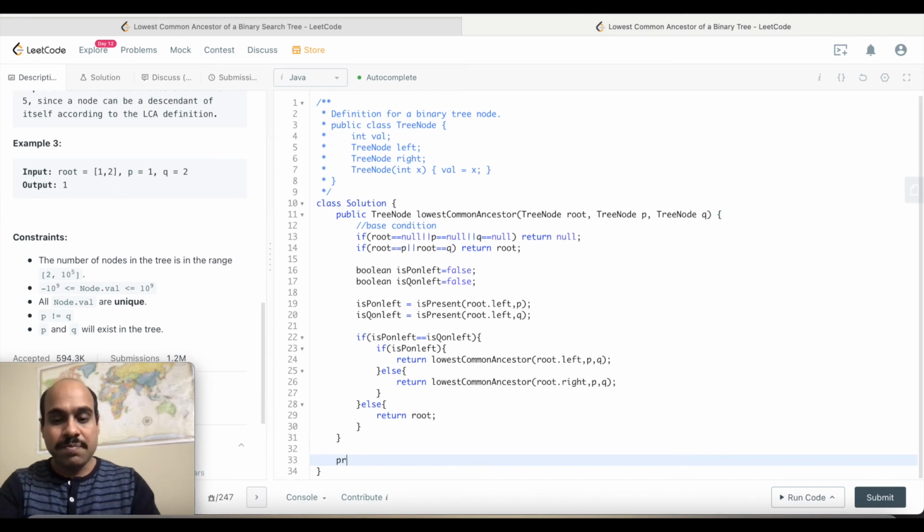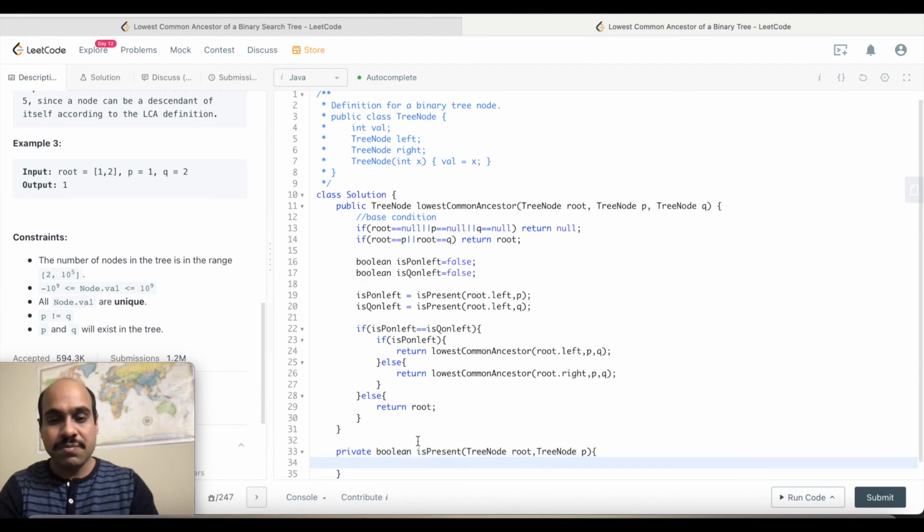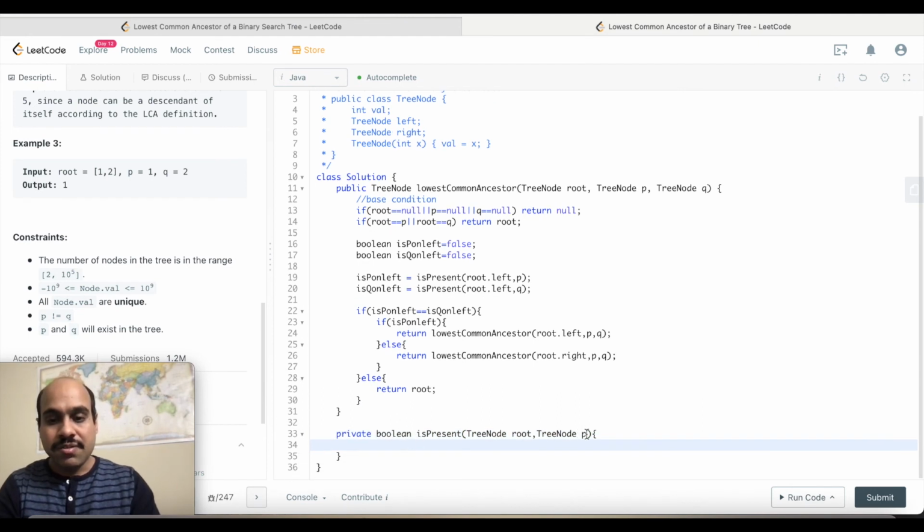So I will write private boolean isPresent, taking TreeNode root. You can name it current node or anything you want, so I will stick with root. And again I have a TreeNode as p or q; we can use the same function for both, but to avoid confusion I will write it as n.